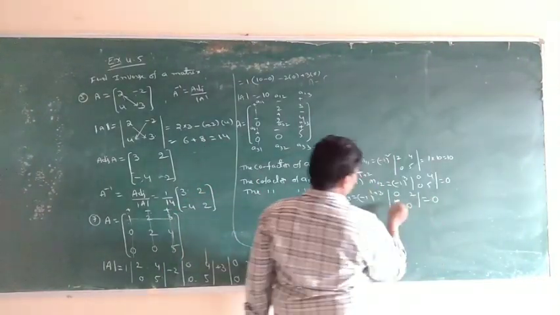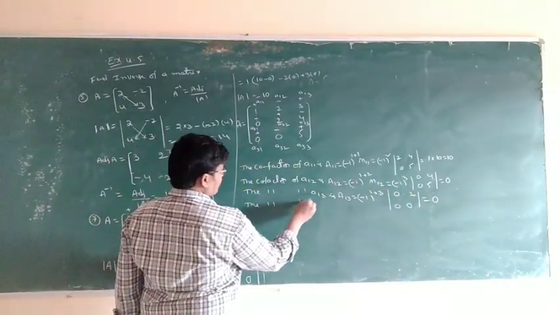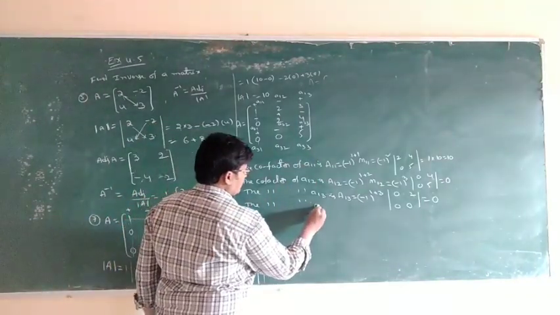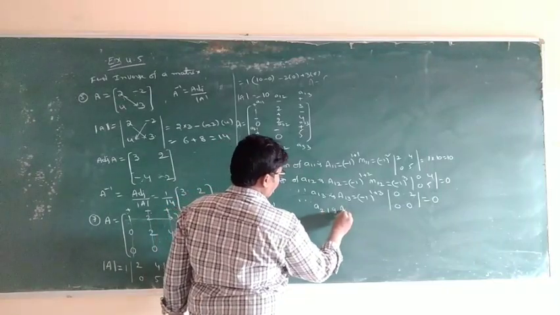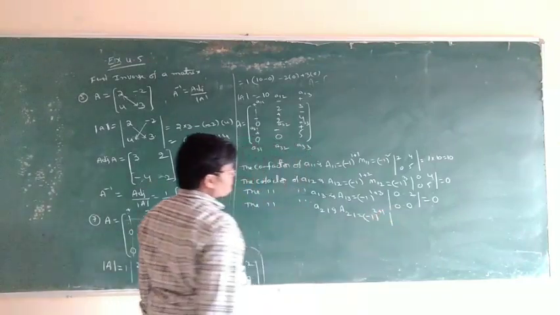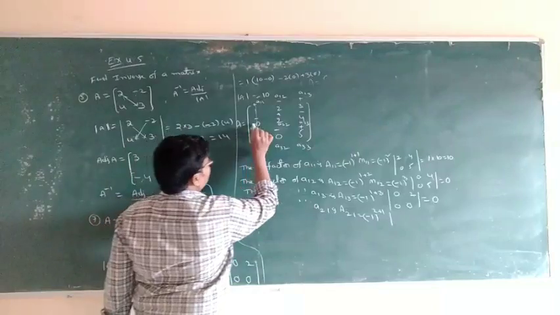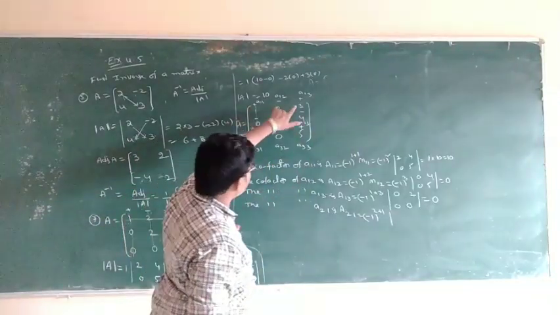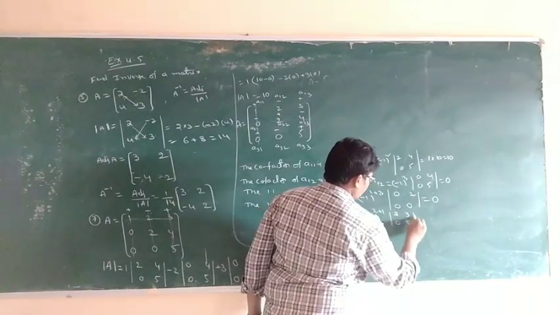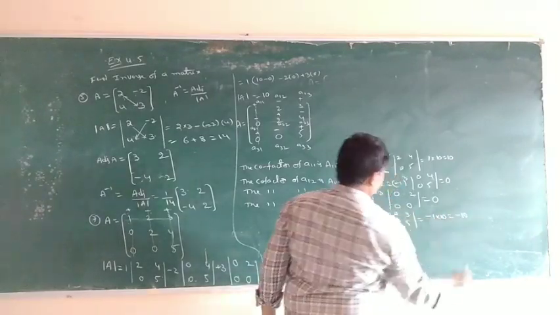So that is equal to 0, the determinant 0. Next, the cofactor of the first row is completed. Next, the second row. A21 is capital A21, minus 1 whole power 2 plus 1, into the determinant of the remaining elements after deleting the element's row and column: 2 3, 0 5. That is equal to minus 1 into 10, which is minus 10.